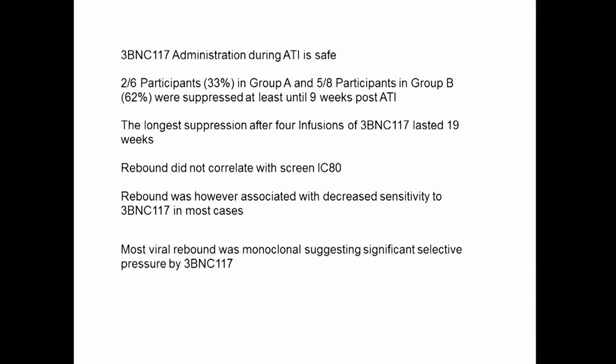And we found that most of the viral rebound was monoclonal, which is very exciting because it does suggest that there was significant selective pressure exerted by 3BNC117, and viral rebound rarely involved classic escape mutations. So where is this all going? We're obviously really excited now that 10-1074, a second antibody that's targeting a different epitope